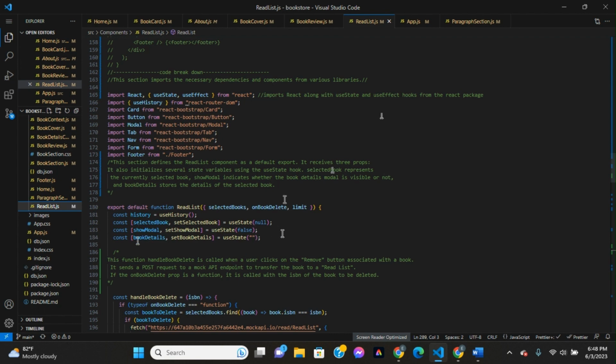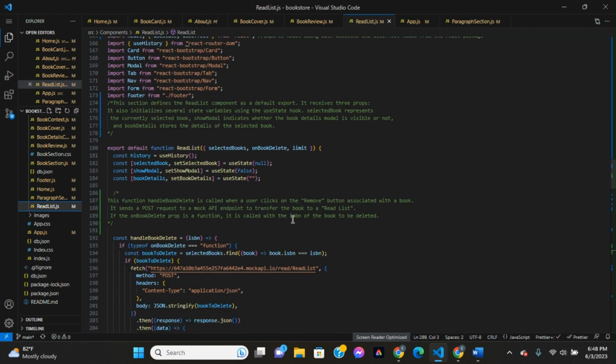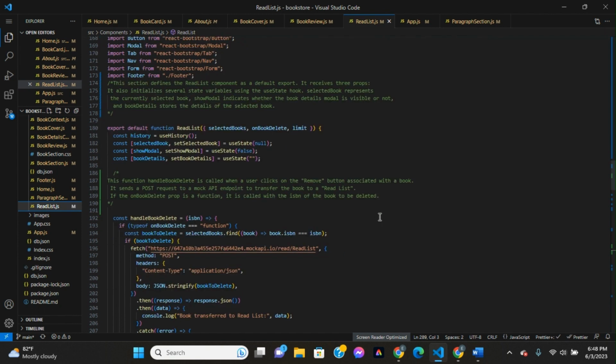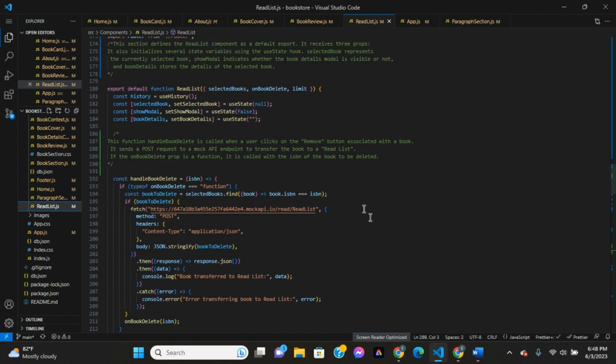Right here, this function handleRemoveBook is called when a user clicks on the remove button associated with a book. It sends a post request to the mock API endpoint to transfer the book to the read list. And the onBookDelete prop is a function. It's called with the ISBN of the book to be deleted. And that's one place where I spent probably